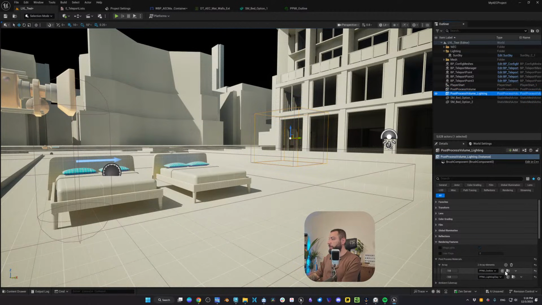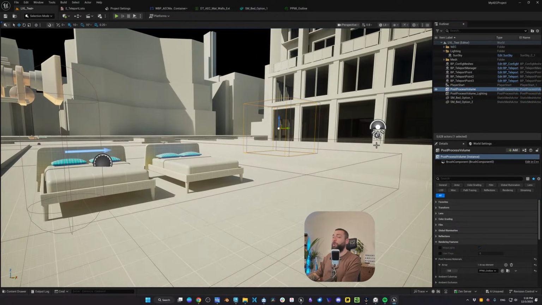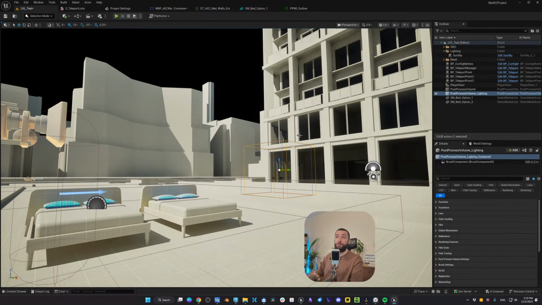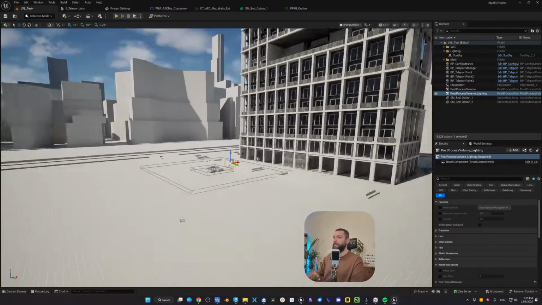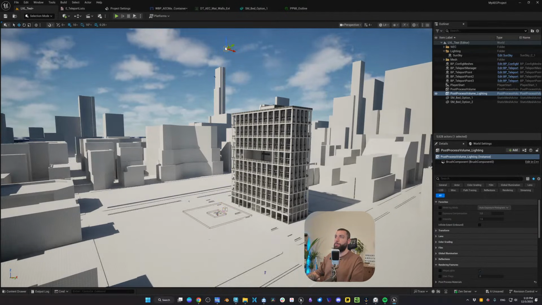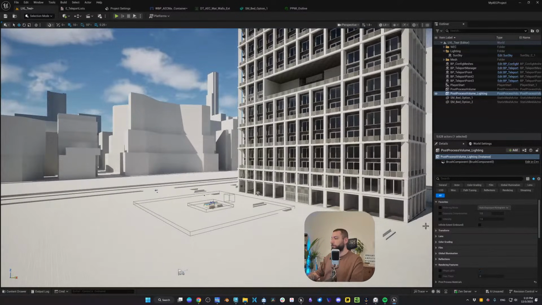And this one here, let's remove the duplication of the outline. So one post-process volume has the outline, and in this post-process volume, you can do everything you want. And we should have another post-process volume, and this one is just for the lighting on your project. So let's go to rendering features, or we can set this to disable the infinite extent and put it somewhere in the project.